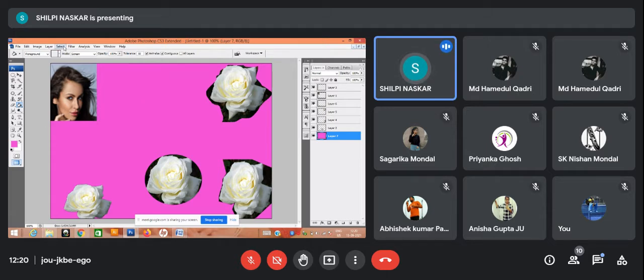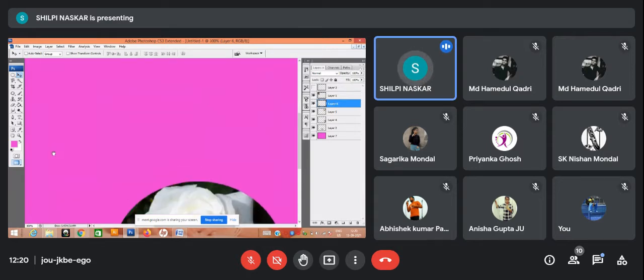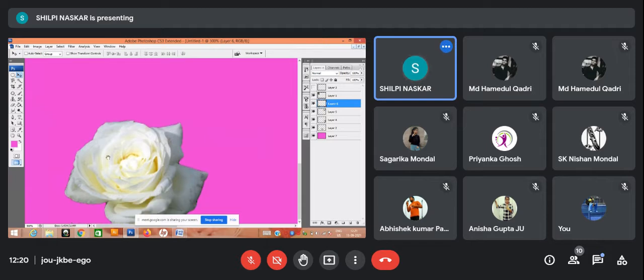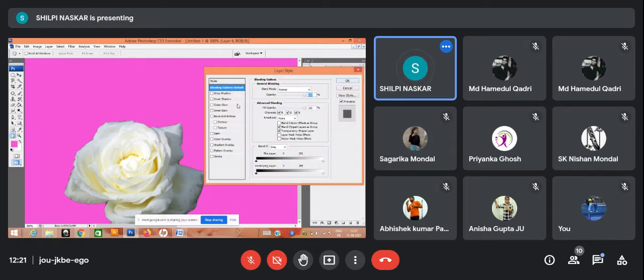Look here, see what happened. Look at this output. This output or this cutout is much better than the other cutout. This cutout, if I use certain modes, basically this blending mode, I'll be